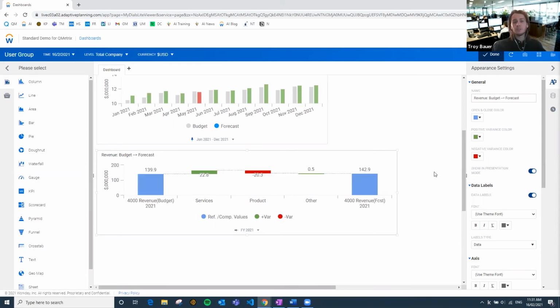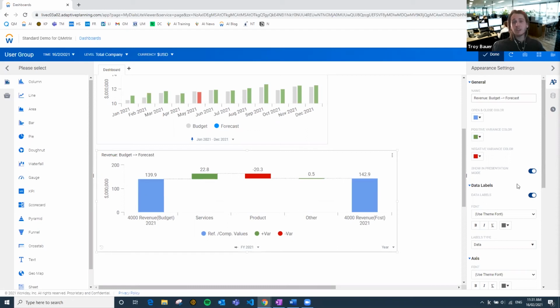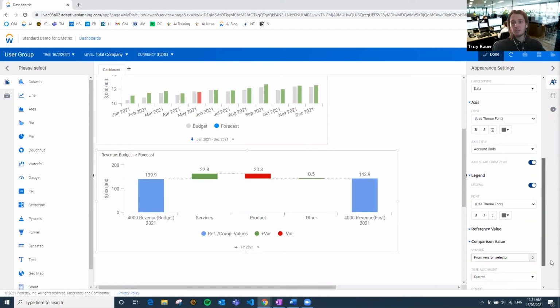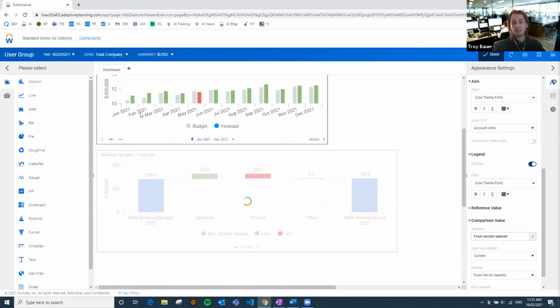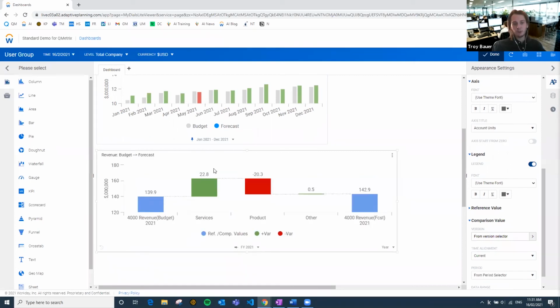And I may also change the scale of this y-axis to exaggerate these movements. These key variances here are still quite small relative to my graph. So what I can do, 1, I can stretch it out, but 2, I could just change that scale from starting at 0, and I can untoggle, same as what I did with the column graph, and all of a sudden that change is quite exaggerated. That's about it as far as formatting.